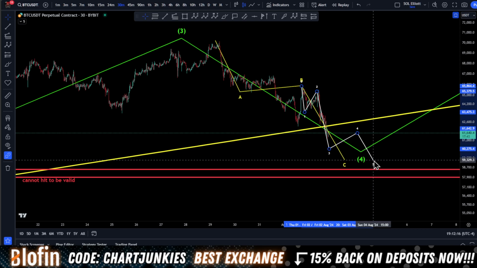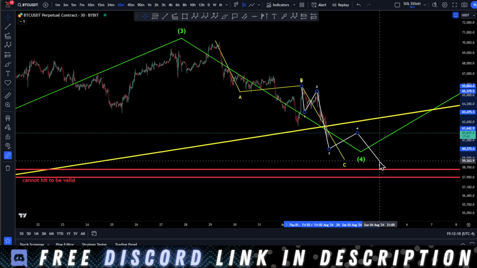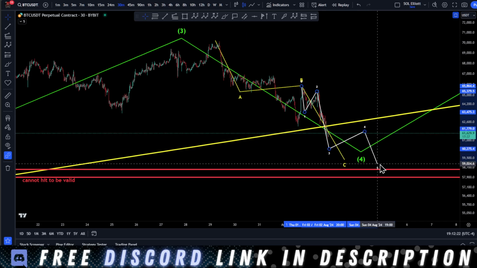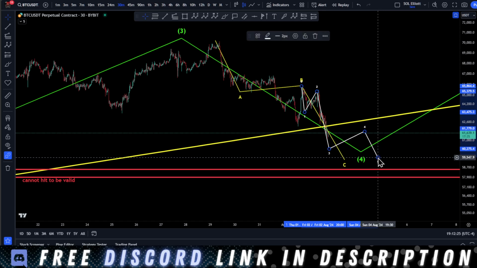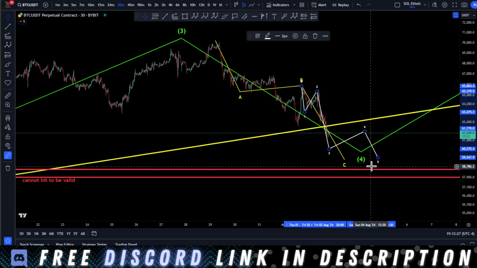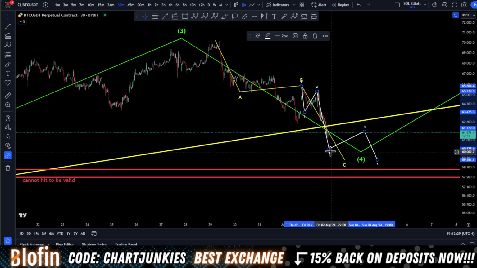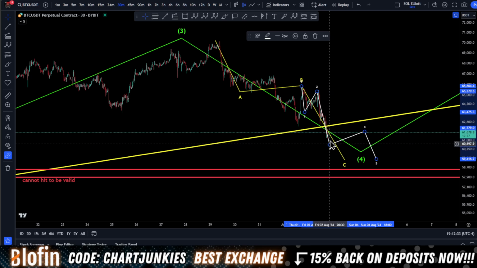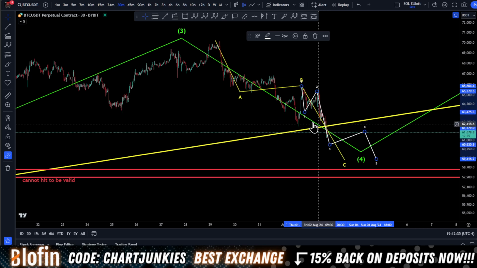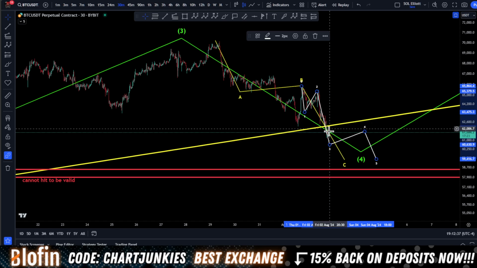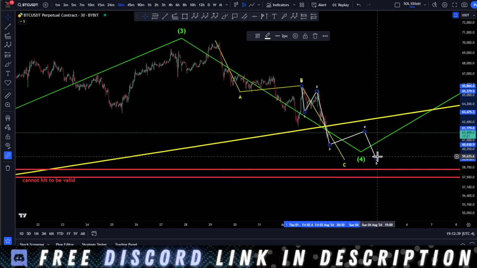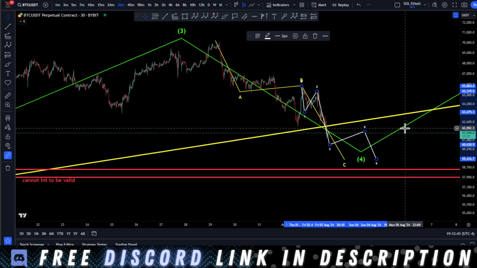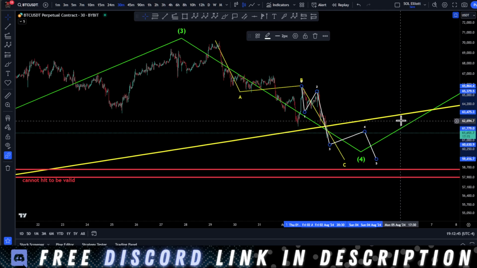Where's Monday? That's Sunday, Monday. Maybe come down Sunday night into Monday morning. This can extend out a little more, something like so. Hit our targets. Do not come into our zone that we cannot come into. Something like that. This could just go like that. All right. For this count to be valid, I don't want this wave 4 to come into wave 1 here at 63K. Looking for a quick sweep into Monday, maybe get a nice bounce, and then next week, let's get bullish, baby. Let's get bullish.